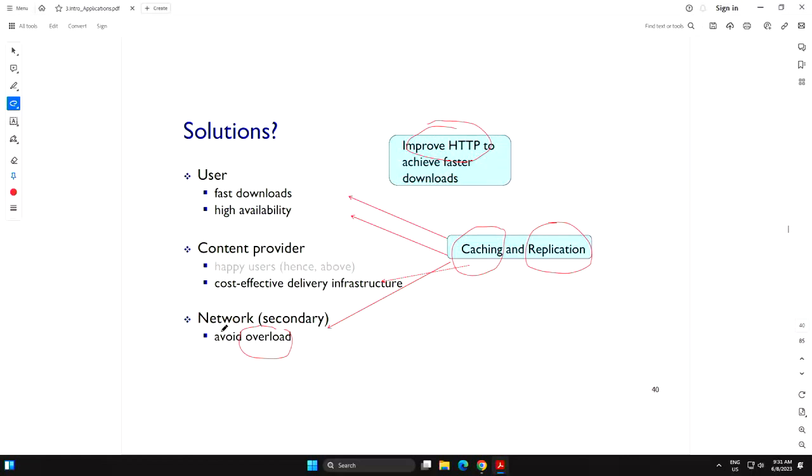But if the internet is congested and overloaded, then everyone will suffer. So the standards that are coming out of IETF, RFCs, they are for the entire internet, right? These protocols are implemented by anyone who is connected to the internet, and they contribute to the traffic and congestion in the internet, right? So when they make the standard, they also try to maintain this network so that it doesn't get overloaded. Because if it is overloaded, then everyone suffers.